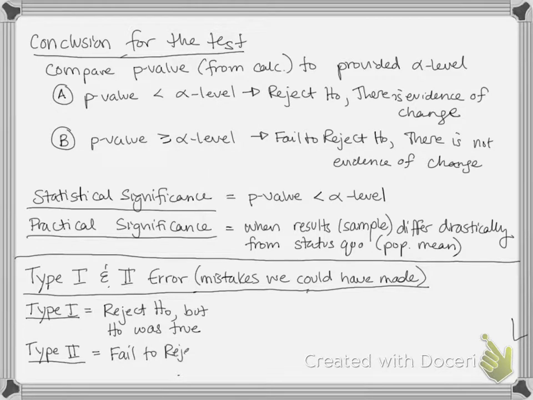So there's only 2 conclusions to the test. Type 1 happens when we reject the null, but the mistake is that we rejected something that was actually true. And in type 2 error, we fail to reject the null, but the null was actually false. So we failed to reject, but we made a mistake there as well. So let's go and do my favorite example of this,